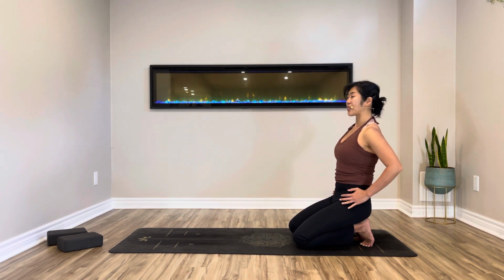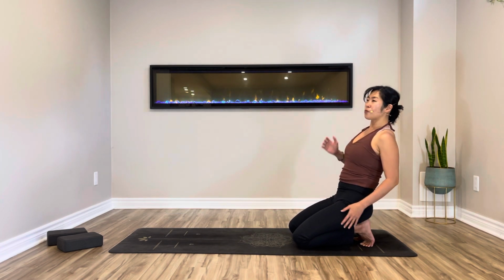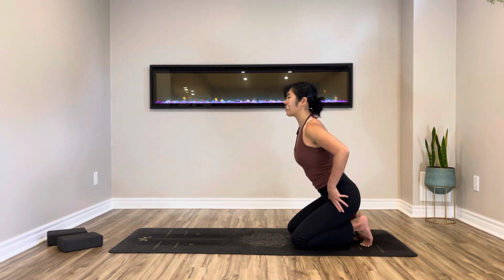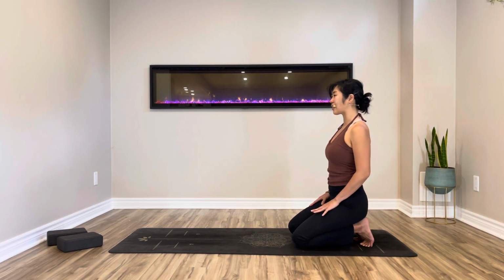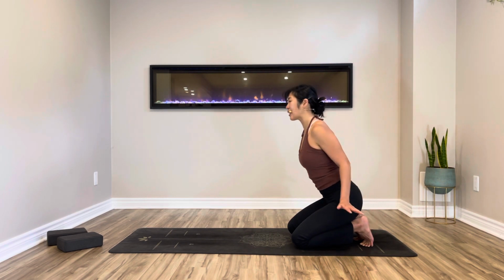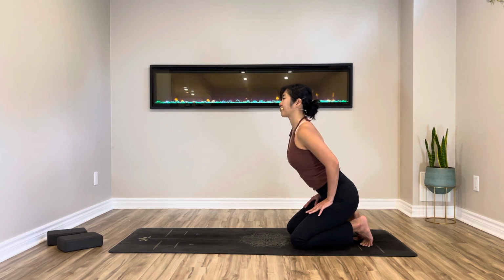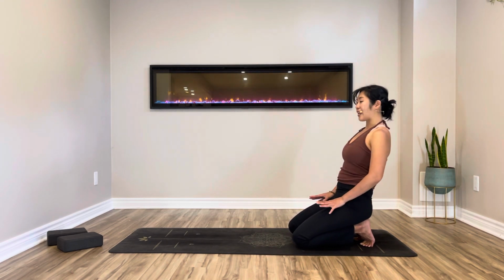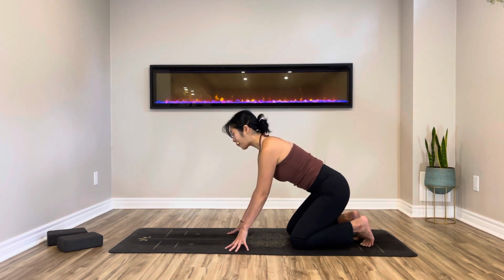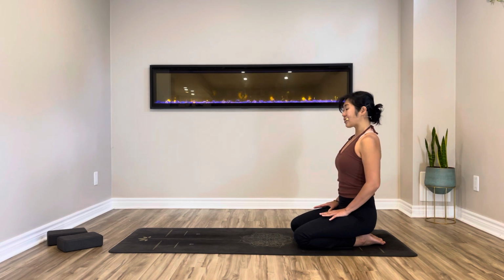Even though we are paying attention to deep hip opening, it's really related to the full body. Your hips feeling tight, probably your feet are tight, probably your chest and shoulders are tight. So have a moment to release tension from your feet and your toes. And as you're rocking forward, drop the tops of your feet down fully and sit softly on top of